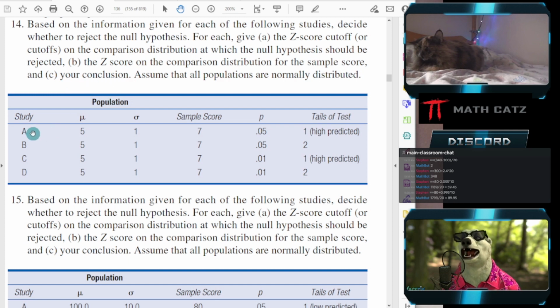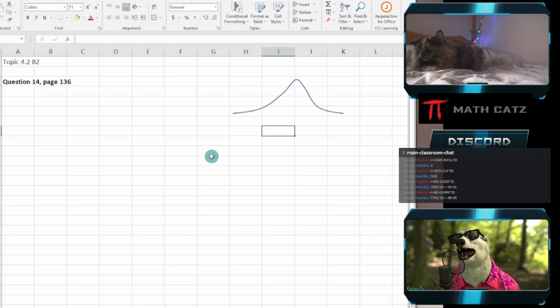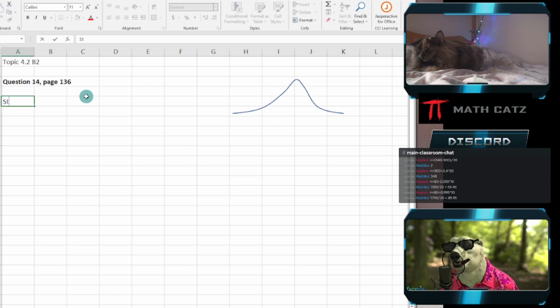So we've done study A and study B. So let's now do C and D. Instead of using a calculator and writing everything by hand, we'll do the same thing, but we'll use a spreadsheet instead. So I have a very rough normal distribution here. Got away from me a little bit. Just to have something to look at when we think about cutoffs and the areas under the normal curve and so on. So this will be study